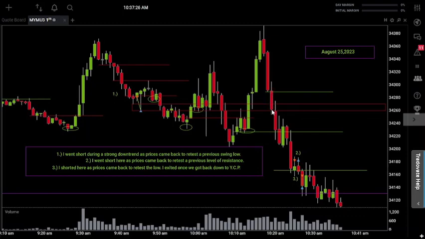Now, as prices came back into the bottom of the zone, I had my order up here at, I think this was 288, but they eventually really just came back to test the top of the zone, which makes sense. But on a day like this, I didn't want to put my order there because I felt like the volatility was so strong that you could definitely see prices come back and test this level.